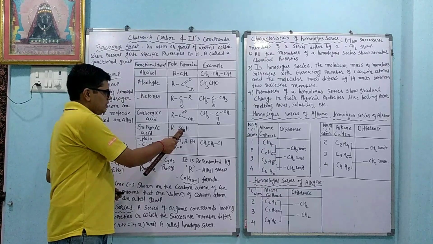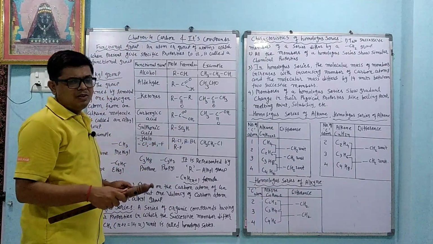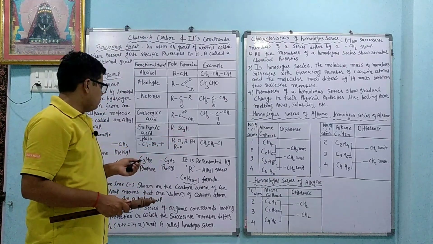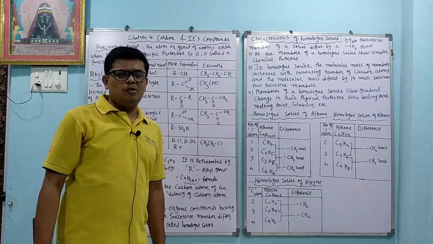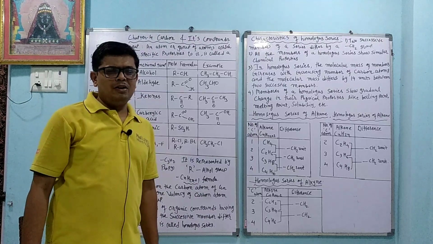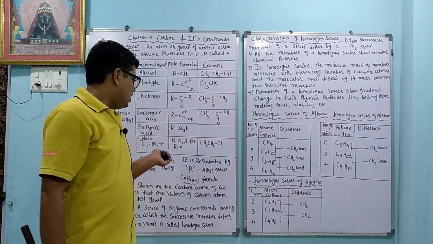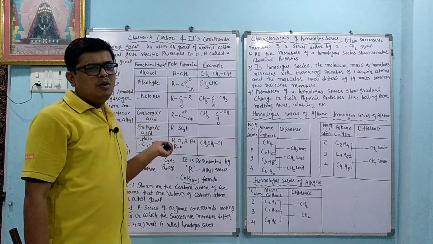Sulfonic acid is present in detergents; a long chain of carbon atoms is used in detergents. The halo groups are chlorine, fluorine, bromine and iodine. They are called the halogen group, the 17th group elements. So when they combine with the alkane, we get chloroalkane, fluoroalkane, bromoalkane.